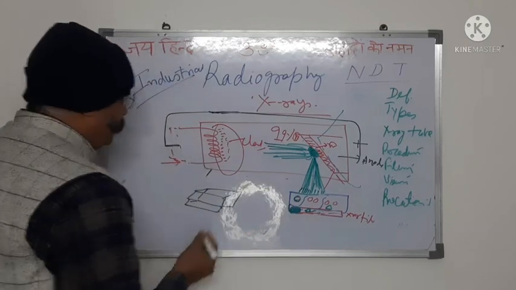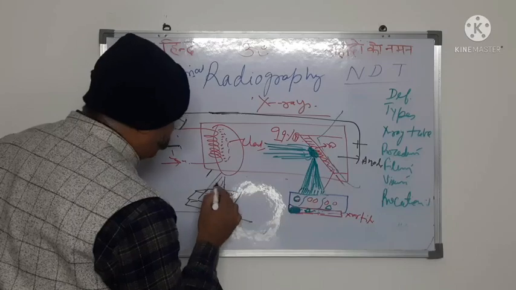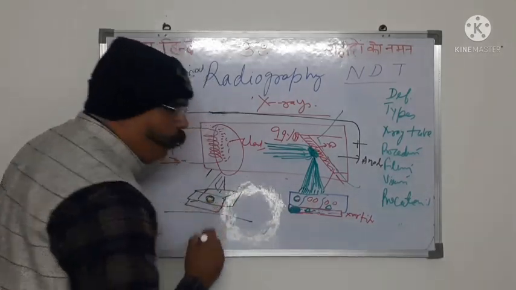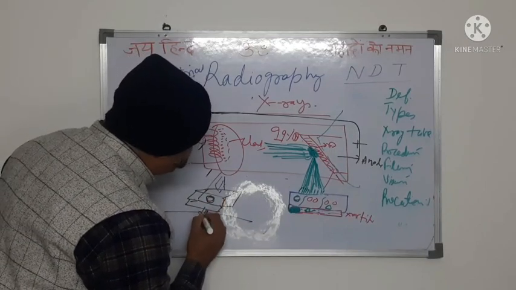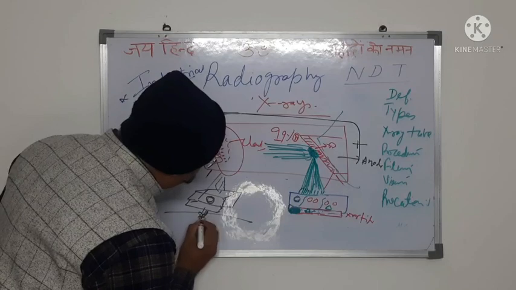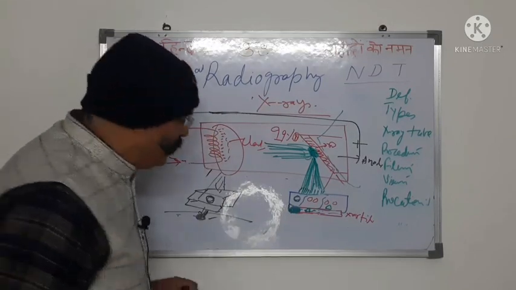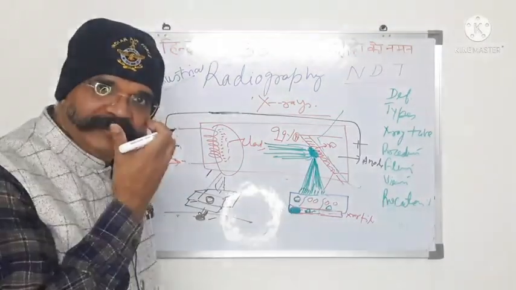Now this is the object. In between there was a hole. This is the X-ray film. X-rays were falling. What will happen? Since there was a hole, with respect to these places, more amount of X-ray will come. So on the X-ray film, this information will be in the darker shape, and these other areas will be less dark,